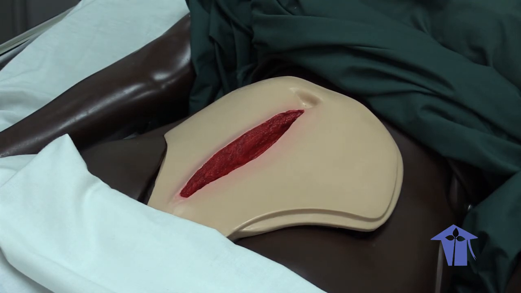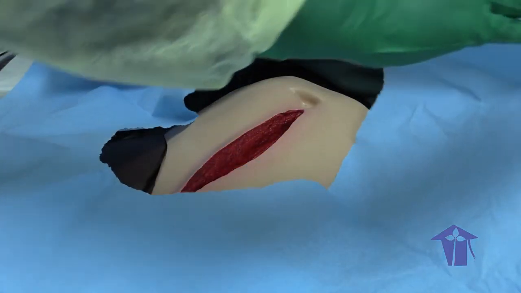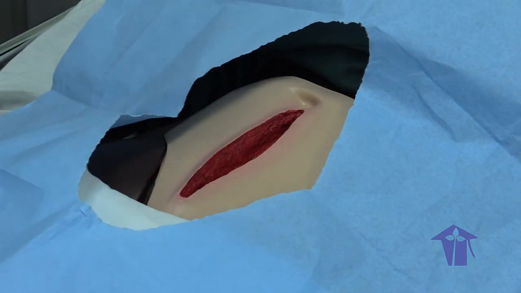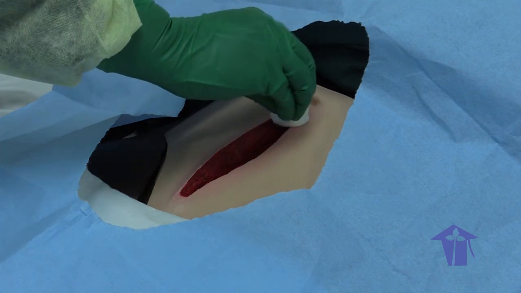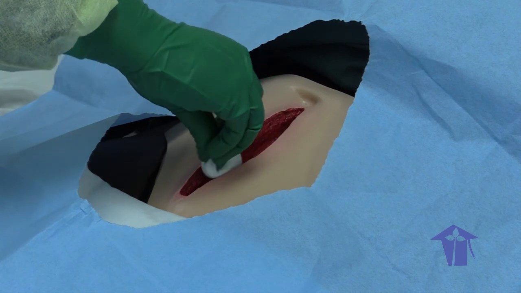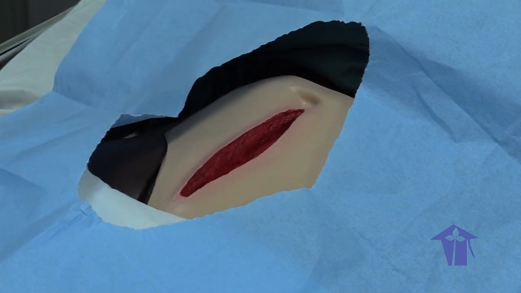Drape the patient with your sterile blue paper. Clean inside of the patient's wound first using your gauze swabs with the required solution. One wipe and discard,